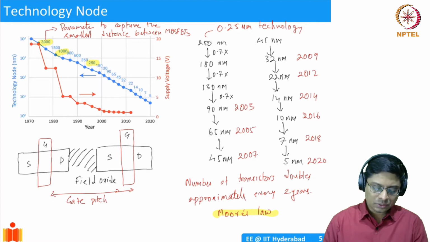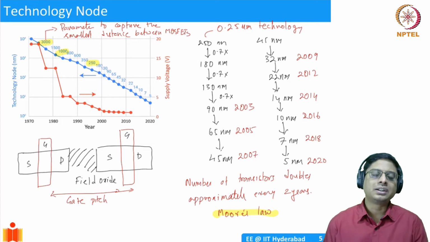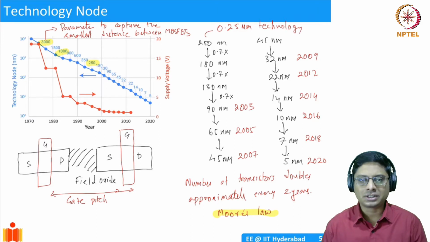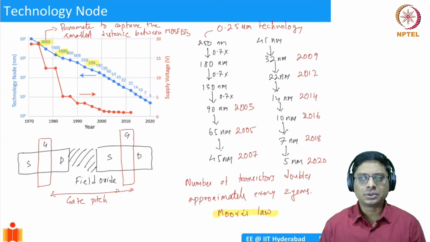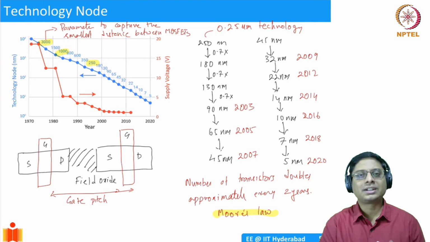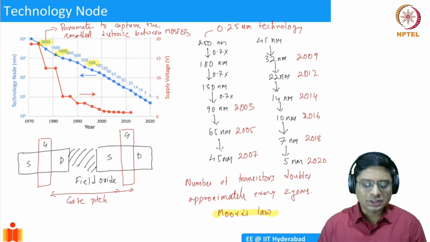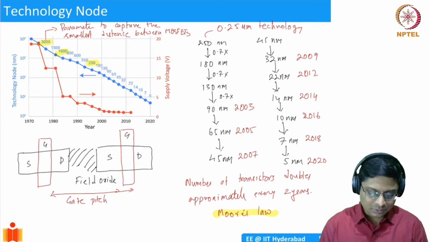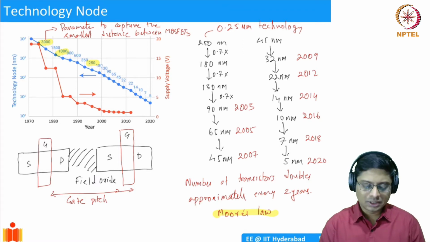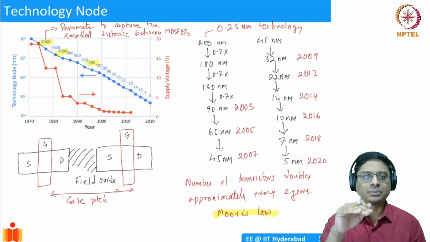The reason why you don't see a gradual change in the supply voltage is that our digital chips have to interact with the environment which is surrounding us. It is not working in isolation, right? So if your cell phone charger has some chips in it, the converter will have a certain output voltage, let's say 3.3 volts. It has to work at that particular voltage, because if you change the voltages at every node, then all the peripheral circuits that are used with your digital chips also have to change, which is not a very cost-effective thing to do. That is why in the 80s and 90s, the voltages were not scaled along with the sizes, but they were kept constant for some time and then scaled down.